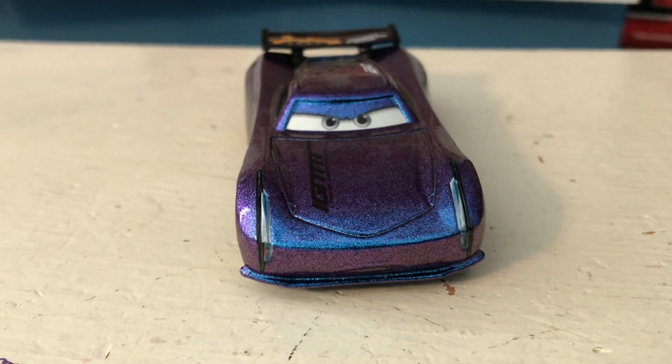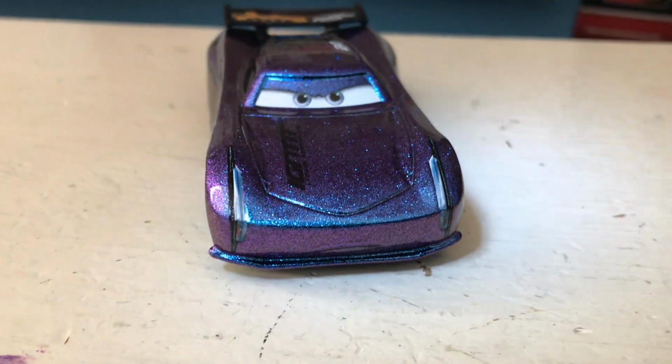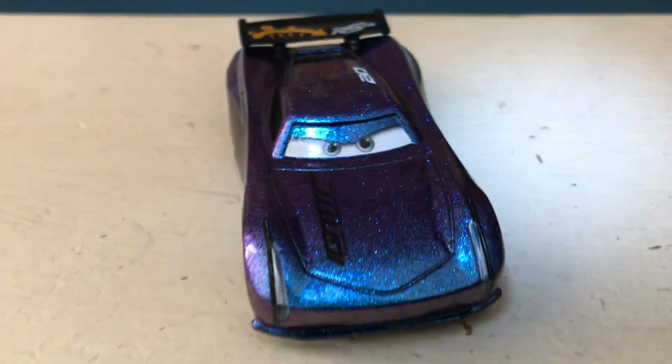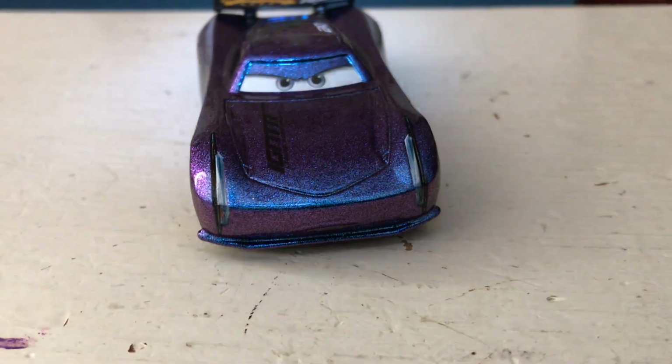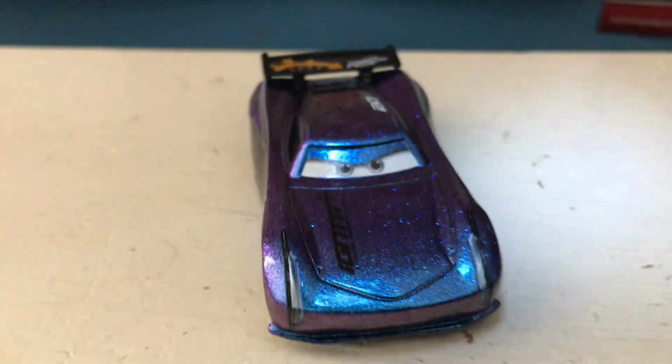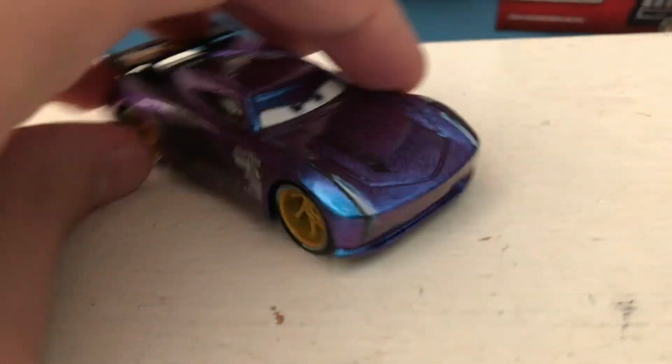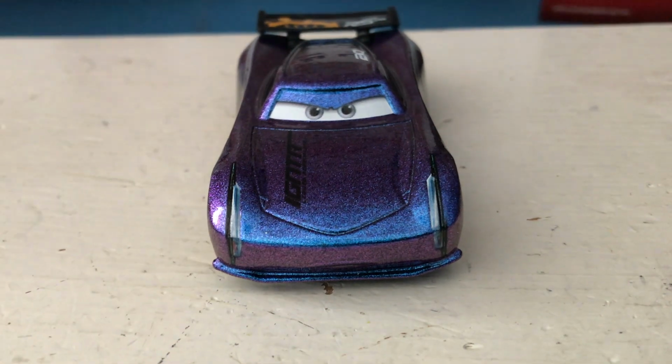It's pretty interesting. And if I were to shine a light on him when it's darker, you could see the whole car just sort of lights up with all that glitter on him. Definitely looks pretty interesting. Let me turn him to the side and show that. Pretty cool, I think, although I really feel like they should have explained the whole color shift concept better, maybe